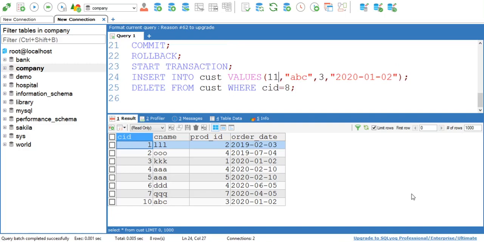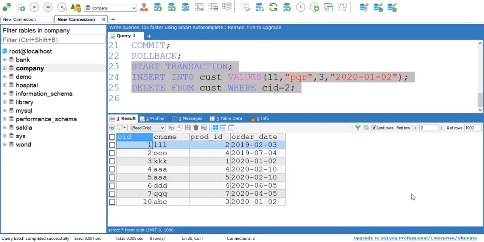Suppose I am inserting a value for customer ID 11 with some name, and here I am deleting data for customer 2, for example. So this is my transaction. Now I am not committing this transaction by using the commit command.